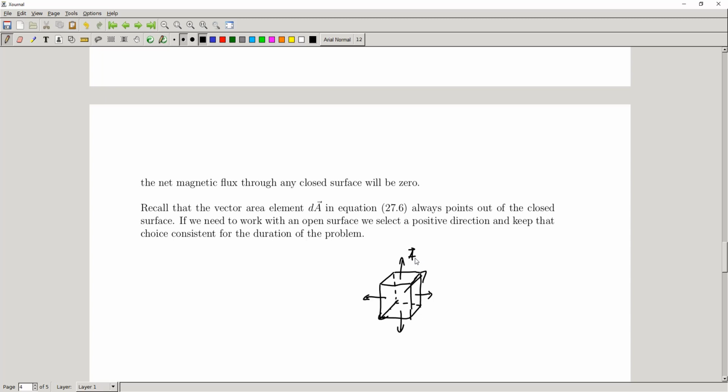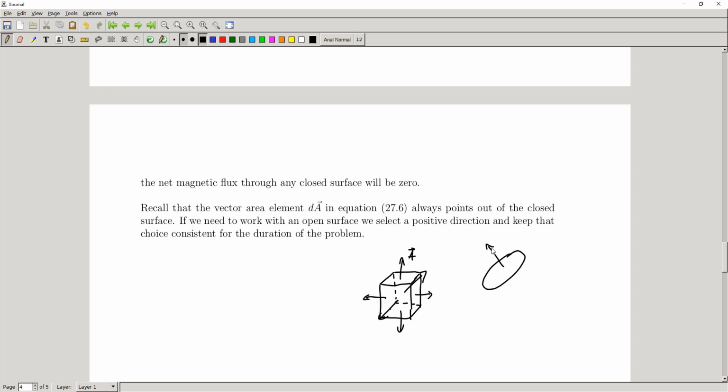Okay, this is true for both, but in the case of magnetic flux, when we're dealing with these area vectors on the magnetic side of things, we're going to more often want to look at open surfaces. For example, maybe open disks or something like that. In this case, we're free to choose which direction we want things to point. We're going to run into these surfaces more commonly in this section than we did previously. So we want to make sure that we understand that A, we are free to make the choice of which direction our area vector is pointing, but B, we have to make sure we stay consistent with that choice